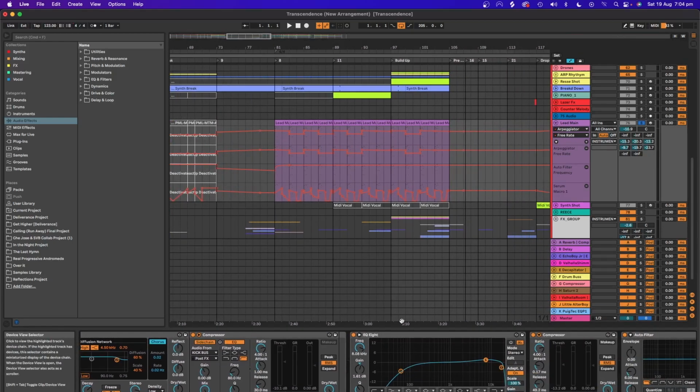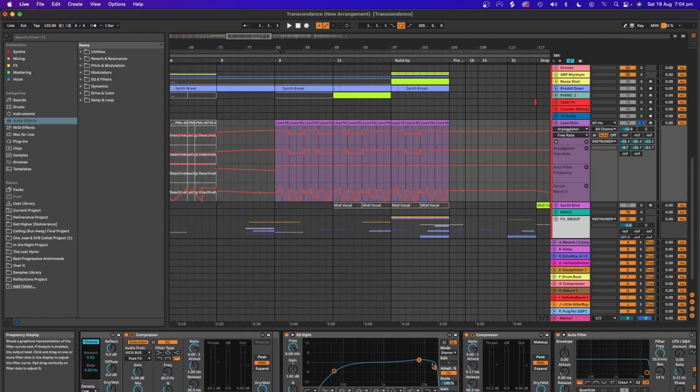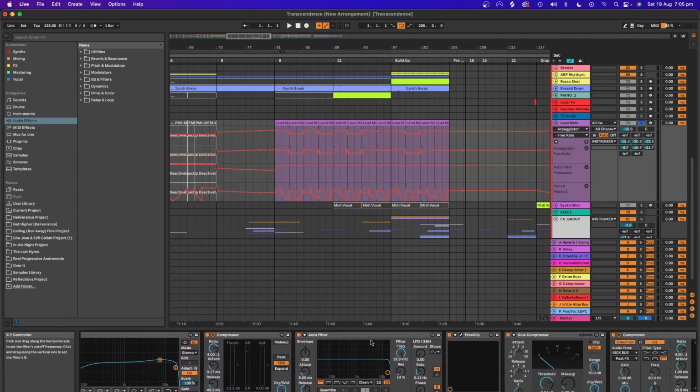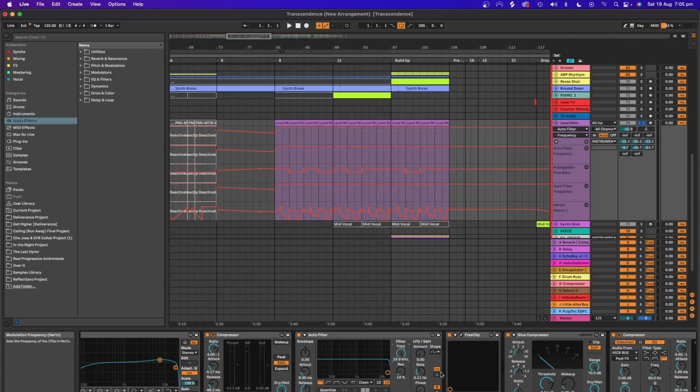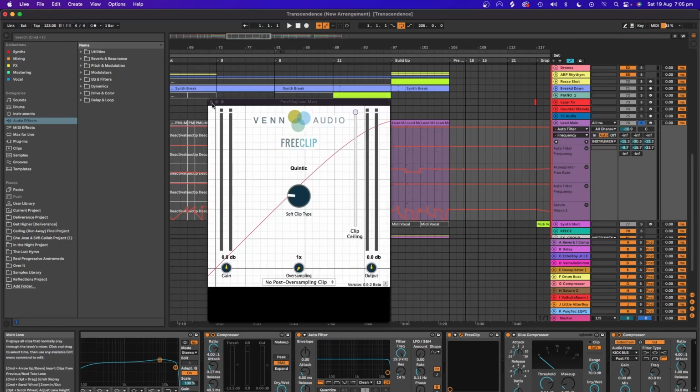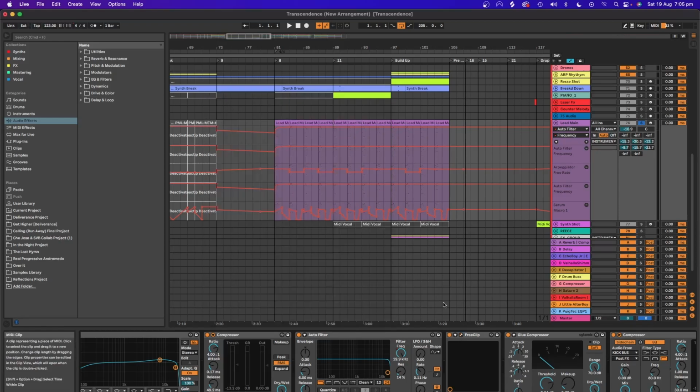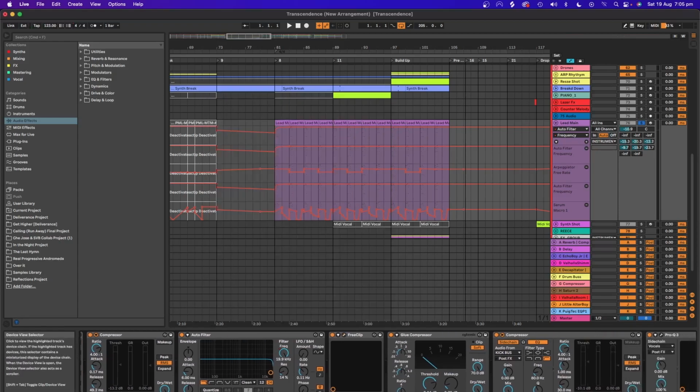Following that on, we've just got a little bit of EQ, taming some of those really high frequencies. We're doing a little bit of a boost here of around 1 dB, around 8K, and rolling some of the low end down at around 56. A little bit of compression, some auto filter, opening up the synth a little bit more in different places. Doing a little bit of clipping here, just taking off some of those peaks to then smash it with some compression and actually bring up some of those quiet parts further up.